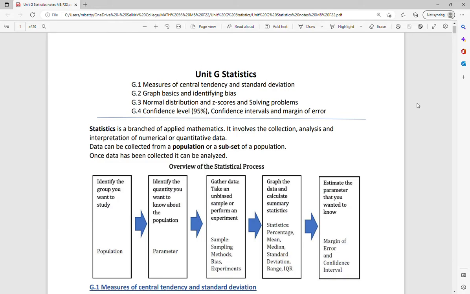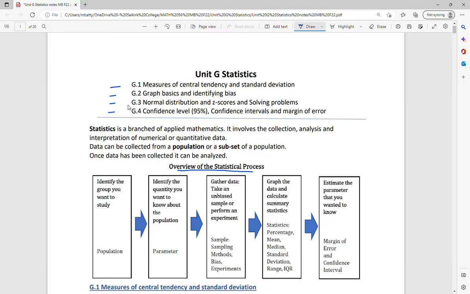So Unit G for us in this course is on statistics, and statistics are a topic that are really across multiple disciplines. You've probably done some statistics in your math background, but there will be a few new things in this unit. We've got to divide it up into 4 different sections, and really, I just wanted to summarize this overview of the statistical process and where the different topics that we take a look at in this